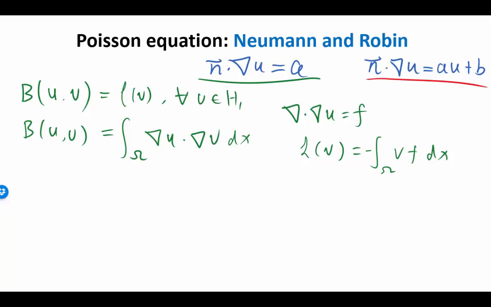But in this case, the linear function has to be added with something on the boundary, and let's see what this has to be. This is because once we equate the bilinear form with the linear form and perform integration by parts, we get minus the integral of